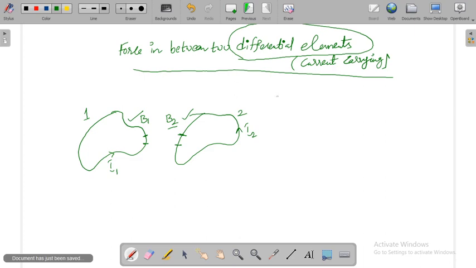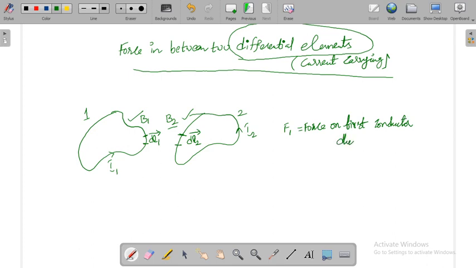Okay, so how can I know this? First of all, I am assuming the length of this small element as dl1 bar and this element as dl2 bar. Now how can I find the force? So let us assume F1 indicates force on the first current carrying conductor. Okay, force on first conductor